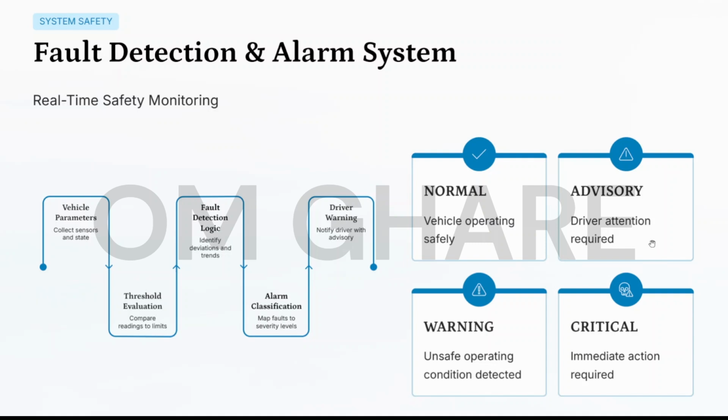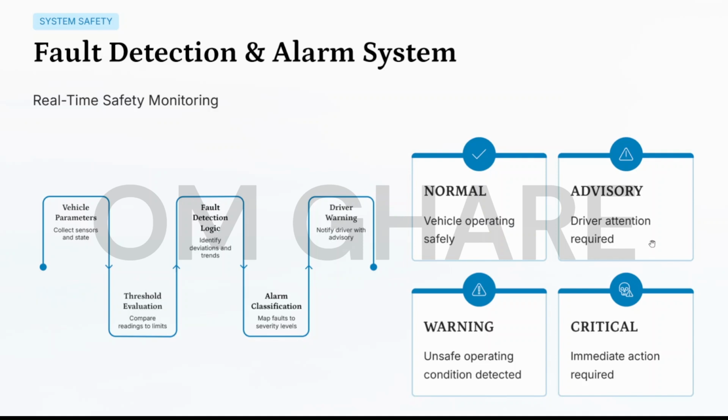Now that we have discussed the EV dynamics and ADAS modules, let's move on to another critical component of the system, the fault detection and alarm system. As the name suggests, this module continuously monitors the health of the vehicle and determines whether it's operating under safe conditions. If you look at the flow diagram on the left, you'll notice that the process starts with